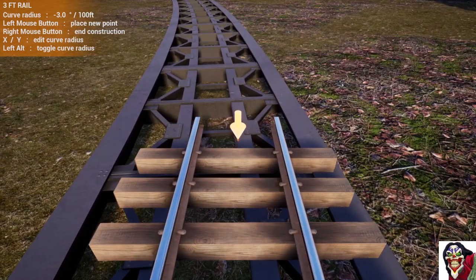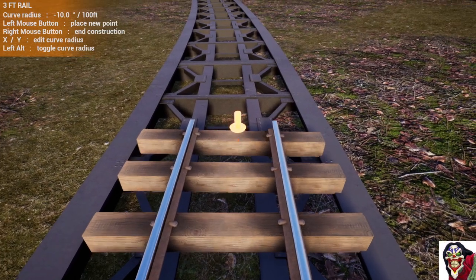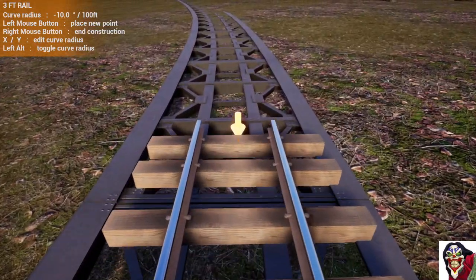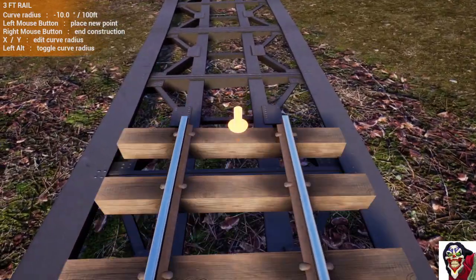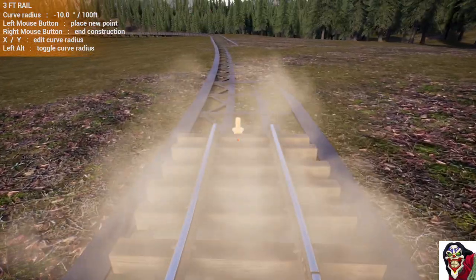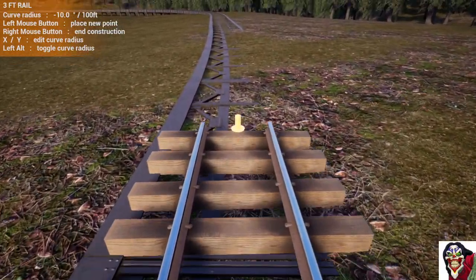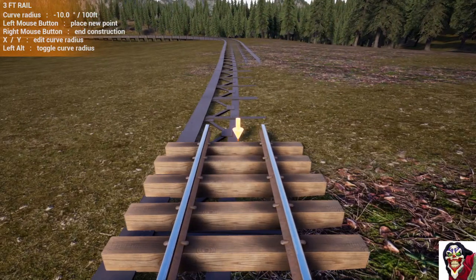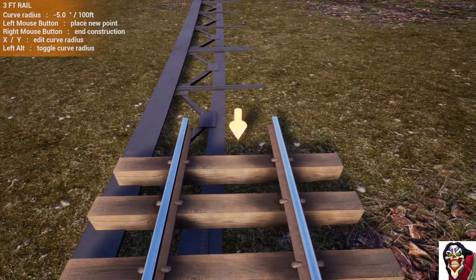Three. 12 was too tight, so we'll go with 10. I'm going to try and keep it somewhere near the centre of where the bridge ran. That looks pretty good. We'll go one more. And then we'll back it off to a 5. I guess we've got a little straight here. We want to try and keep